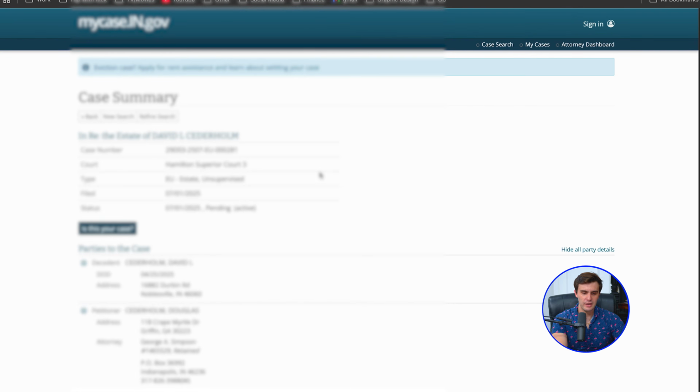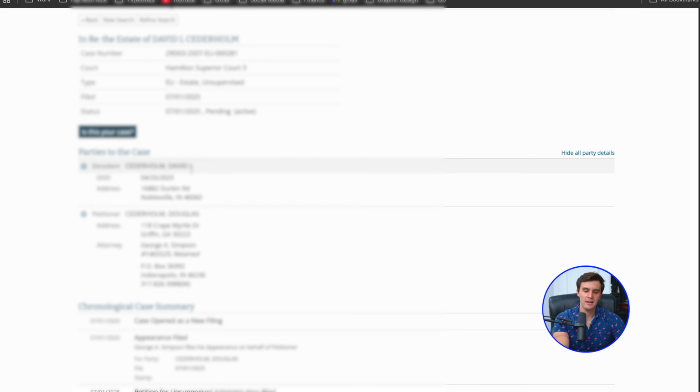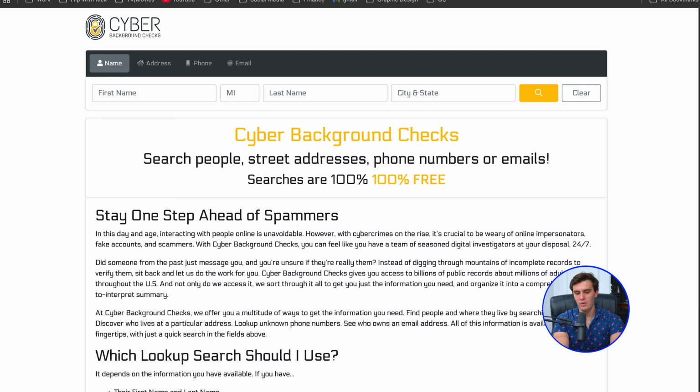If I use another record here for David Cedarholm, you're going to see that he died, and this is his address, which, cha-ching, that's money for a probate. So all I'm going to do here is take David Cedarholm's information. I'm just going to copy the address right here, and then I'm going to go to one of my free skip tracing websites. One of my favorites by far is